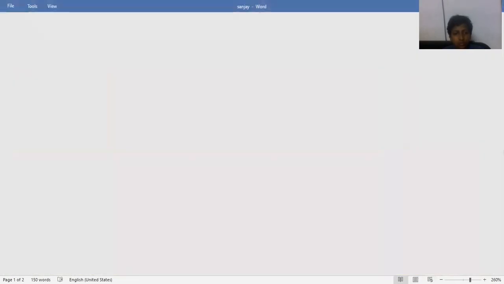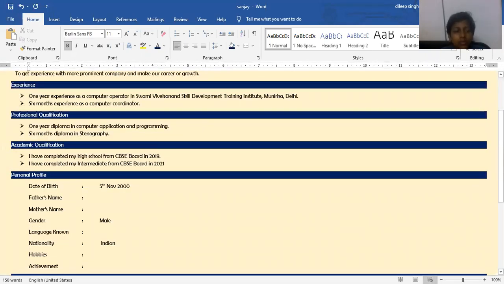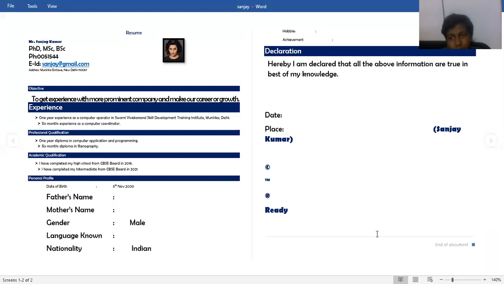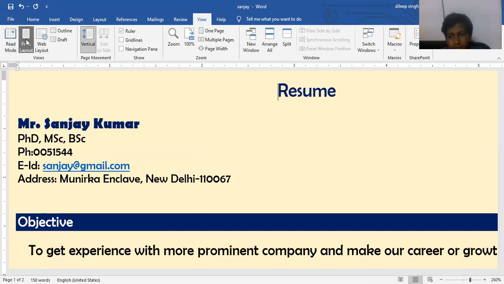And when we click on this, that is reading mode. And when you click on this, there is normal mode, and that is print layout mode, and that is web layout. So there are different types of view available, and we can use this to quickly control the view. And if you don't want that, here we have another option. Just click on view, and there are the same options: read mode, print layout, and web layout. And these three symbols are also available at the bottom of the status bar. Clear? Understood? Yes, sir. So we can go for this option and we can also go for this option.